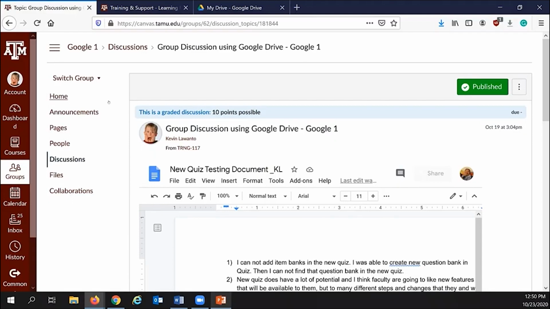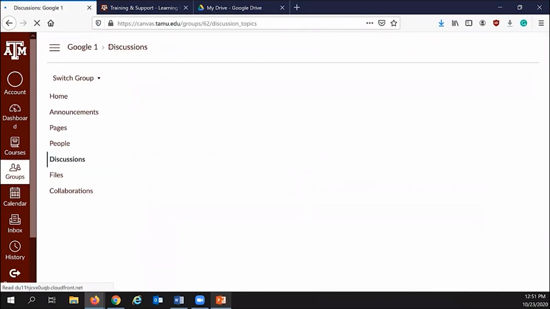So it really depends also on the group size, right? If they only have 5 groups, of course, it might be manageable to create 5 different Google Docs for the students, one for each group. But if you have a large class with 300 students and, let's say, 50 groups, you might not want to create 50 Google Docs, right? So that's just one thing to let your faculty know, who wants to be the owner of the Google Docs. So once that is decided, they can create the discussion page, and they have to post